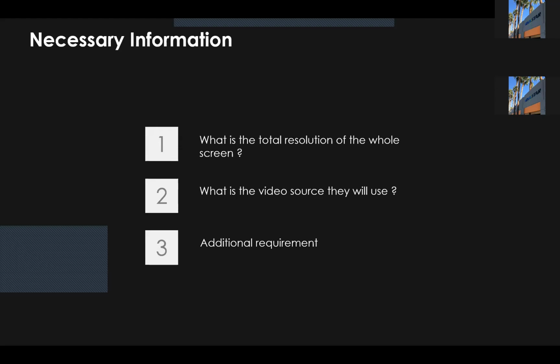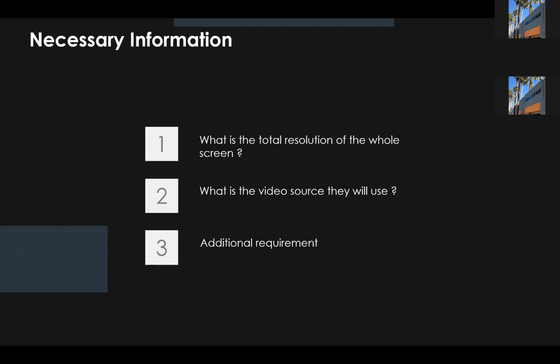For the first question, I will know how many controllers or how many outputs you need. And for the second question, I can give the correct suggestion because different controllers have different types of input connectors. Why do I say the type of the input source is very important? Let's check it out.